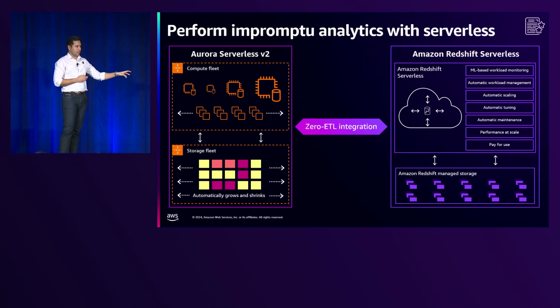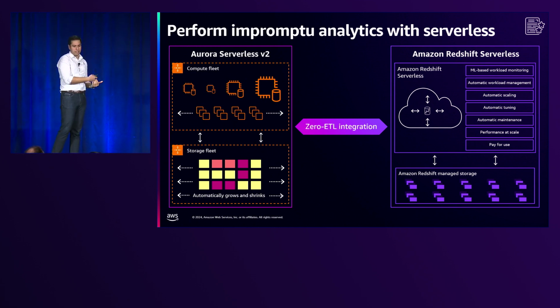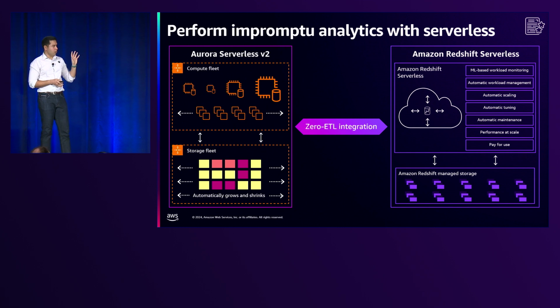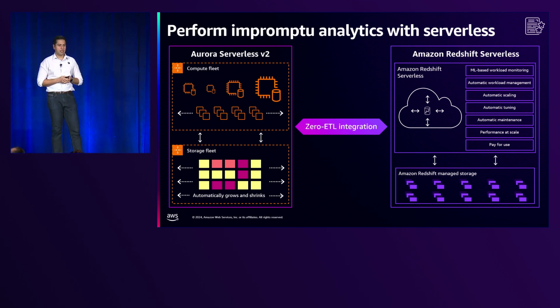What we did last year and all across AWS, we have embarked on a zero ETL journey, which means we do not want you to manage any ETL pipelines. It's undifferentiated heavy lifting, which we believe Aurora and all AWS services should take on. So with zero ETL, there is no need to create or manage any data pipelines. This makes moving data to any downstream systems, such as Redshift, which is an integration already available on Aurora today,